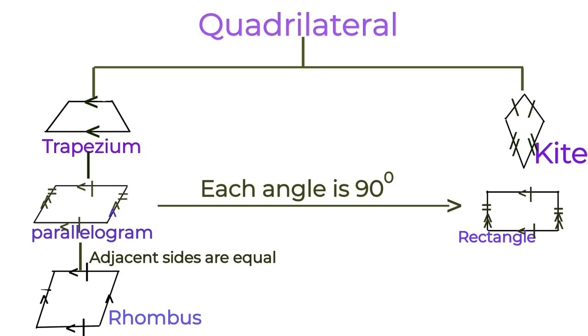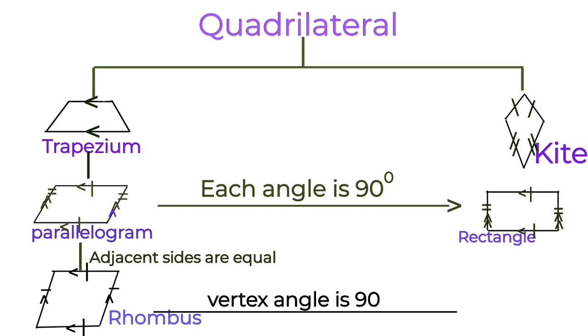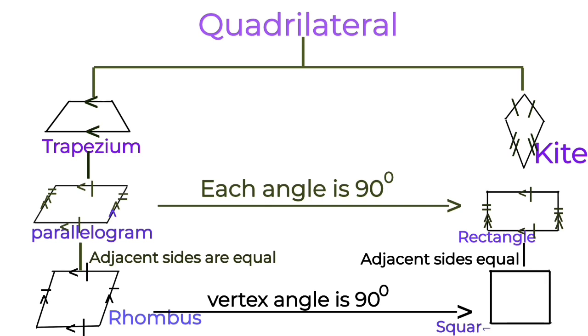Next type is a rectangle. The properties of rectangles are opposite sides are parallel and equal, angles are equal, diagonals bisect each other. Each angle is a right angle. Suppose if in rhombus diagonals are equal and each angle is a right angle, then that becomes a square. Suppose in rectangle, if all sides are equal and diagonals perpendicular to each other, if a rectangle can hold these two properties, then that becomes a square.